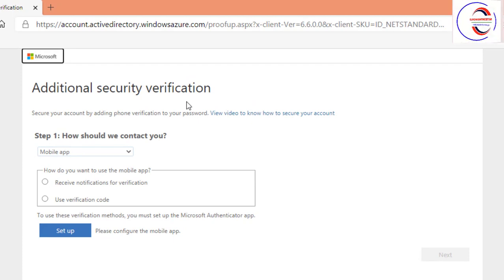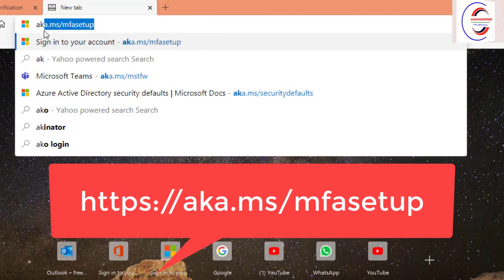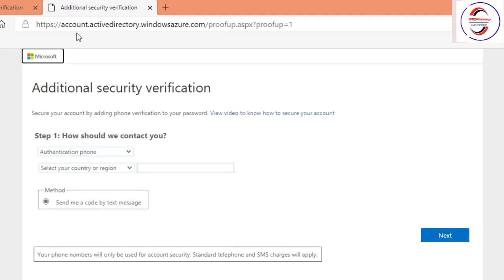For this purpose, what steps do you have to follow, because mostly people face problems in this area. When you click here or click here, you will not get the desired result which you want. So for that purpose, we have to open a new tab, and then type this URL which I will give you on WhatsApp. When you type this URL, it asks about the authentication of your phone. This is called additional security verification. With the help of that, it is going to verify that you are a valid user.